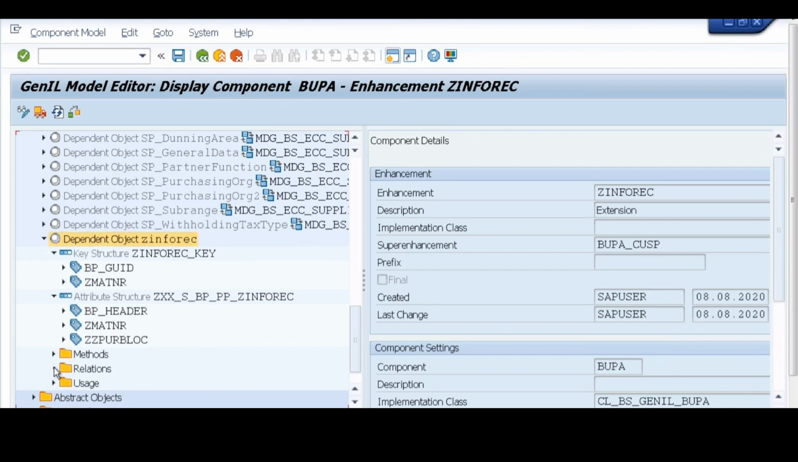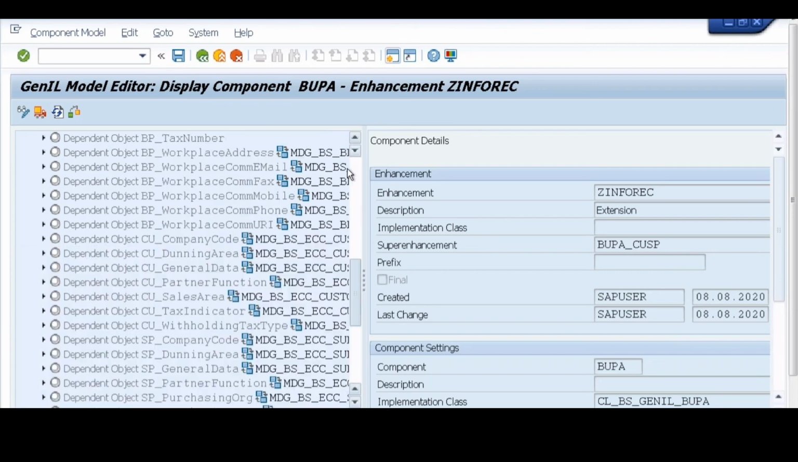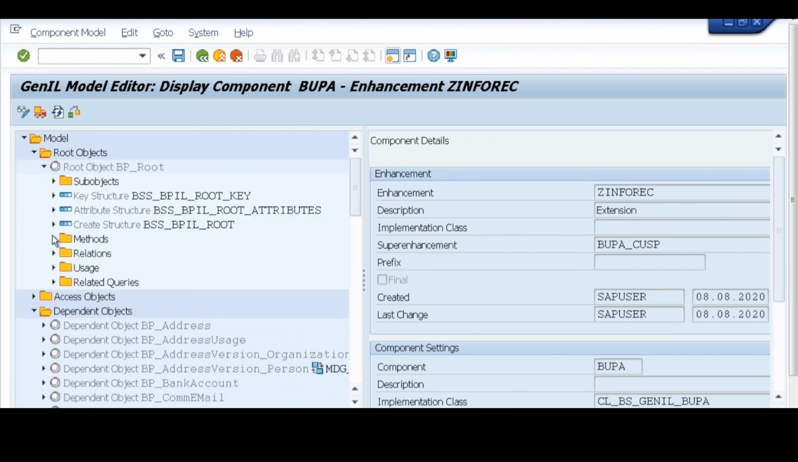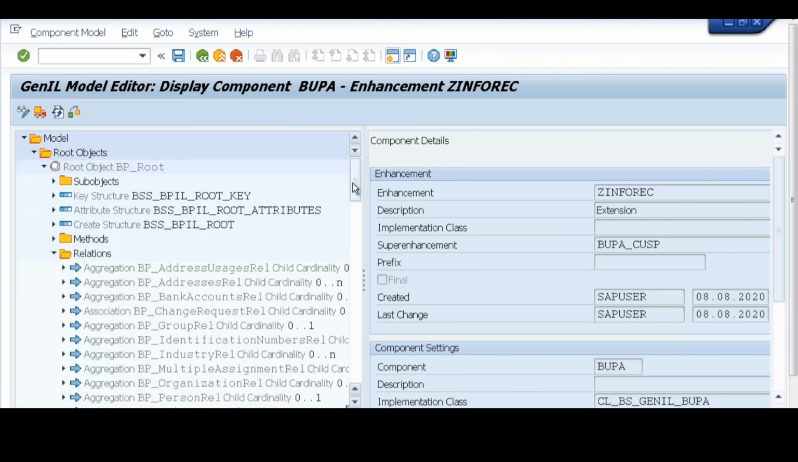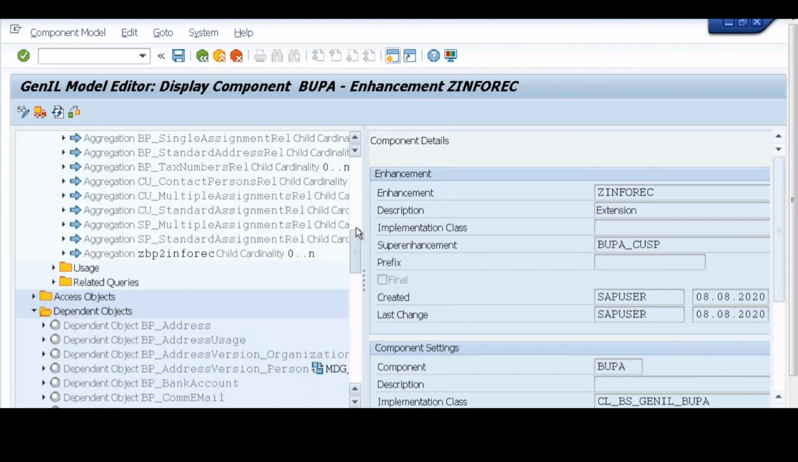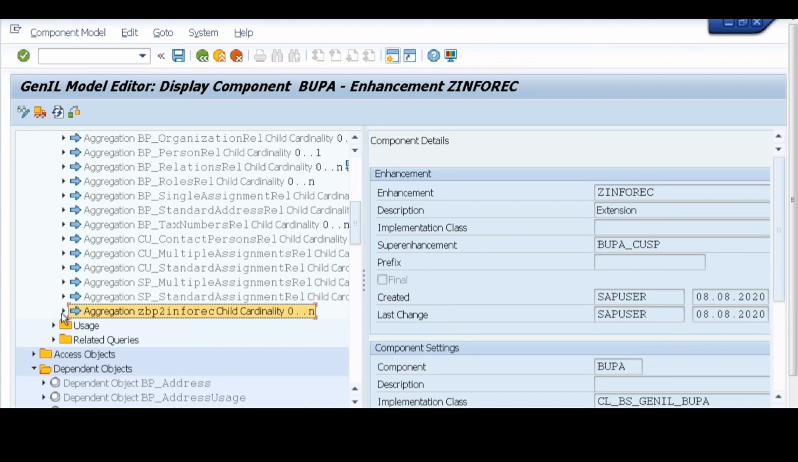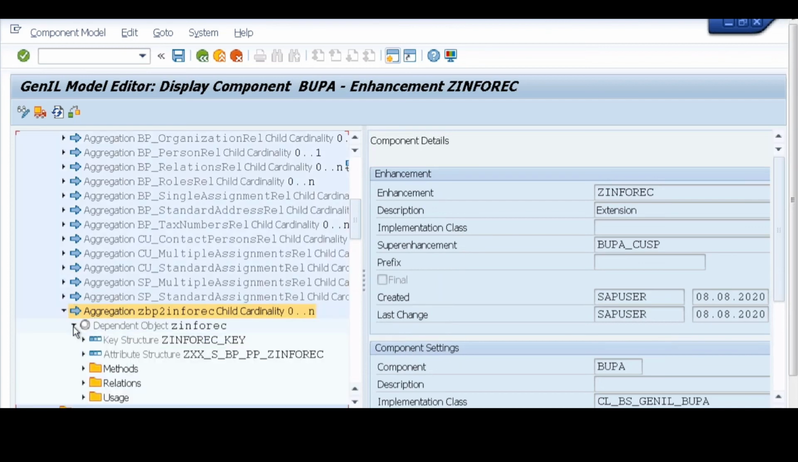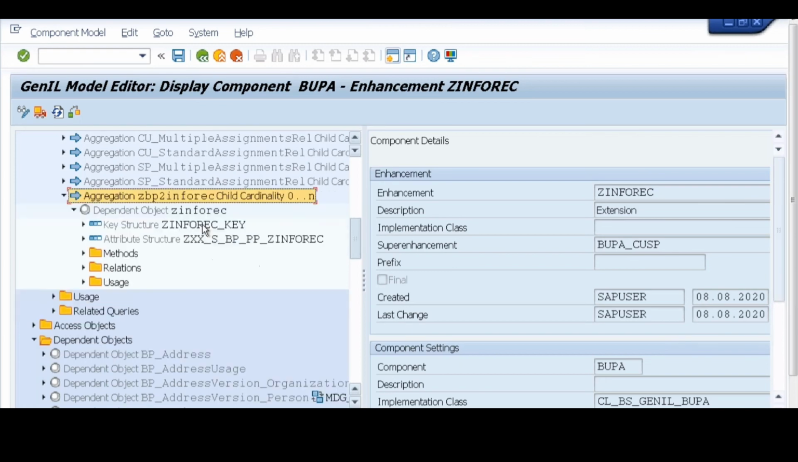Then coming to the relationships here, sorry, root object, relations. This is the one, BP to info record. In this relation, because we added the dependent object, whatever the dependent object contained, the same details have been maintained here in the relationship. Okay, so this is the Genil model which we have. Now,